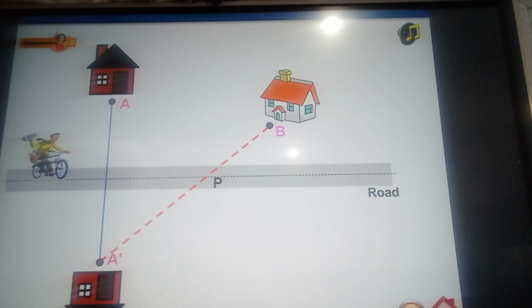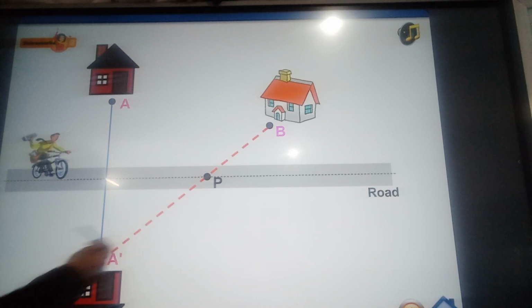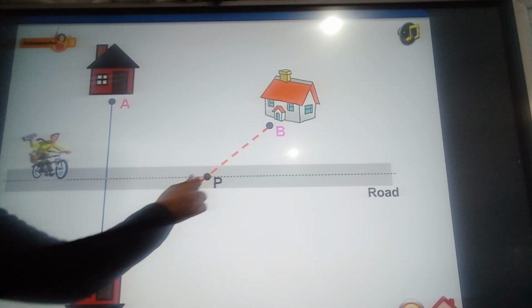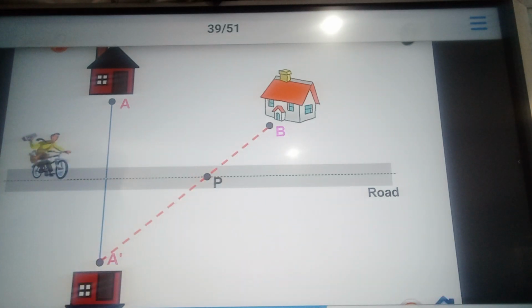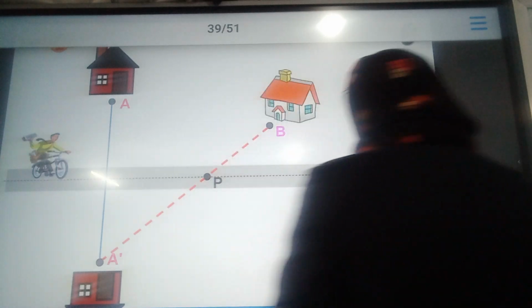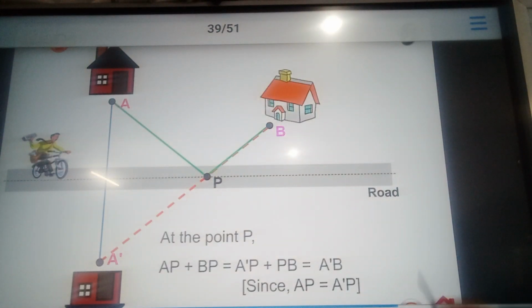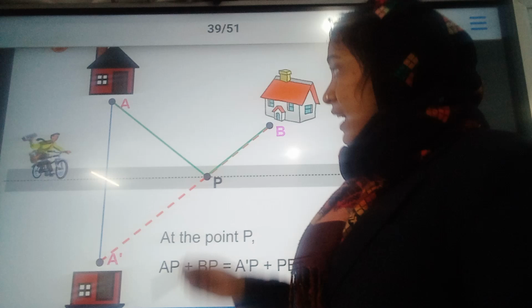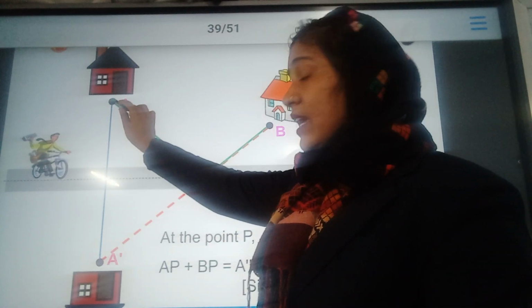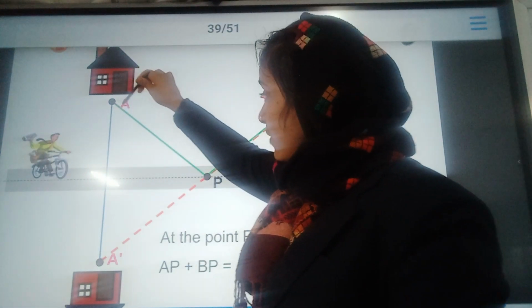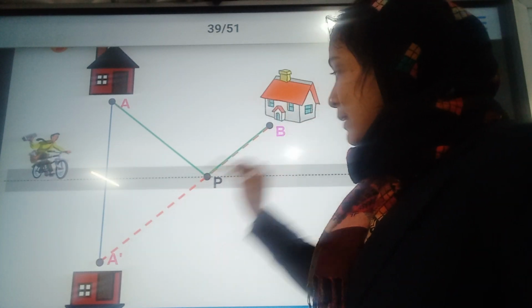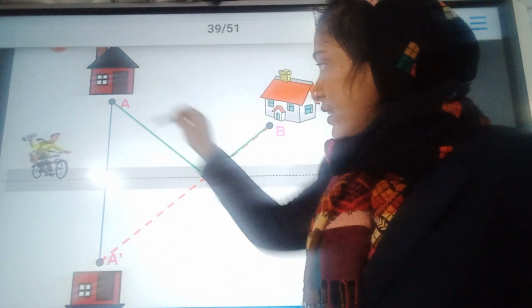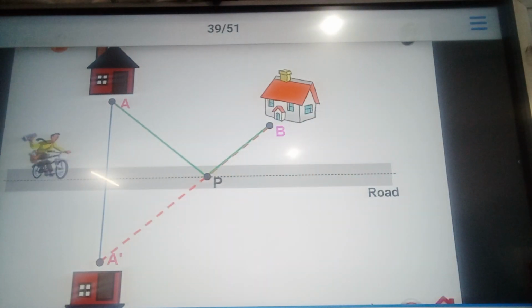Okay, and we have to find the least distance. So the least distance can be something like this. If this is the point P, so AP dash plus BP dash. In this way, he can deliver. Earlier I said that he is delivering the newspaper from here, so he has to travel this distance till here, then from there to there. So it seems to be the least distance than this whole. Alright, then